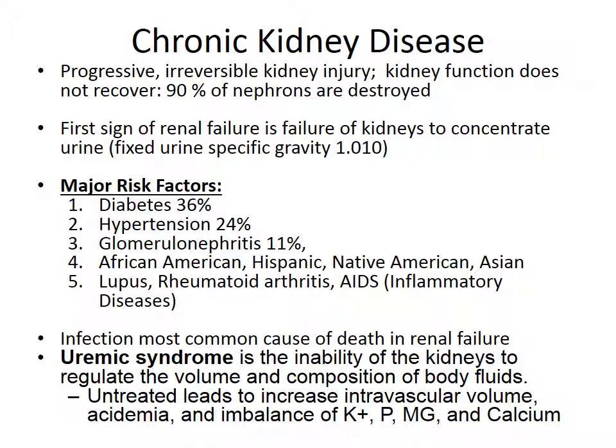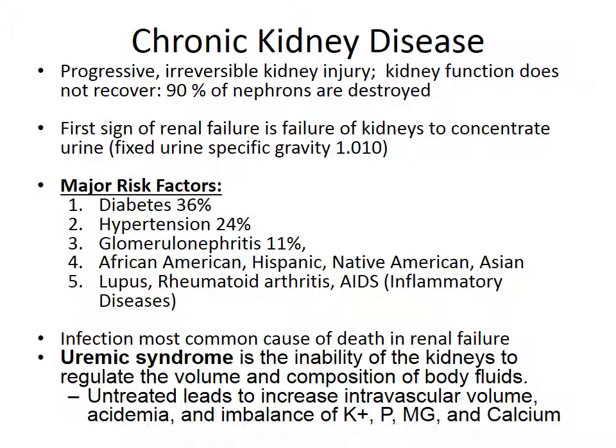Major risk factors for chronic kidney disease include diabetes, 36%, hypertension, 24%, glomerulonephritis, which is an infection, 11%, and then the status of the patient themselves: African American, Hispanic, Native American, Asian, and then chronic inflammatory diseases such as lupus, rheumatoid arthritis, and AIDS. Remember, because diabetes is one of the main causes of chronic kidney disease, the United States is really making an effort to try and reduce patients' blood sugars and keep them at a target range of